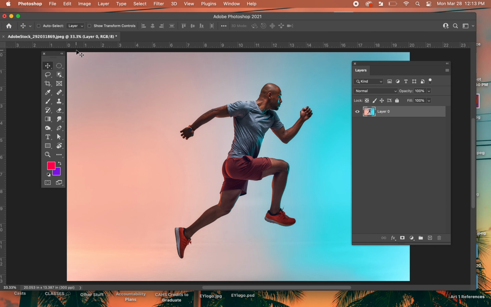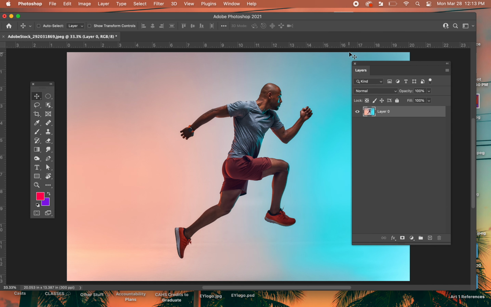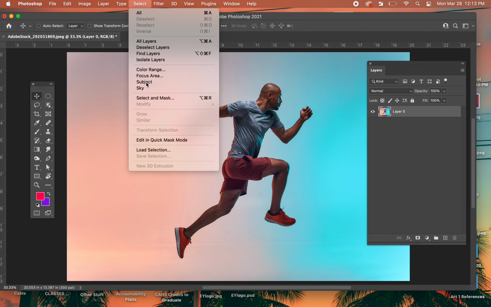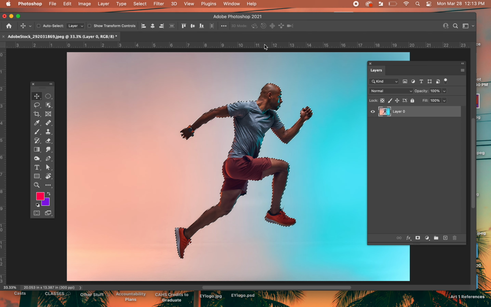Okay, I'm going to go over how to do the puppet warp tool here. First thing we need to do is get our guy separated from his background and then fill in the background with the rest of this kind of gradient here. So we're going to go up to select, and subject,